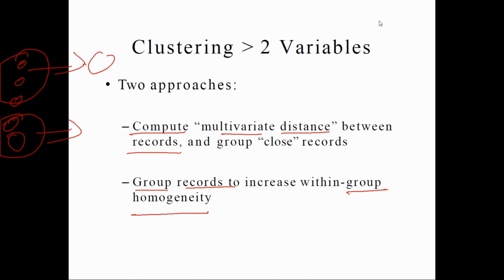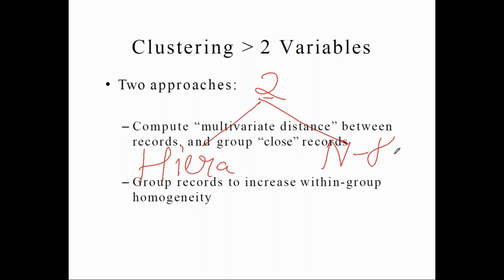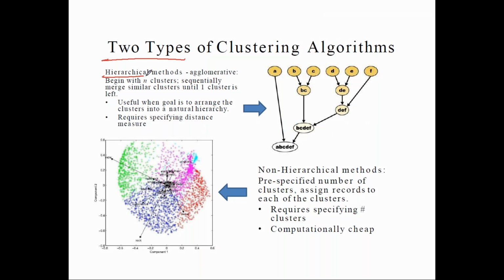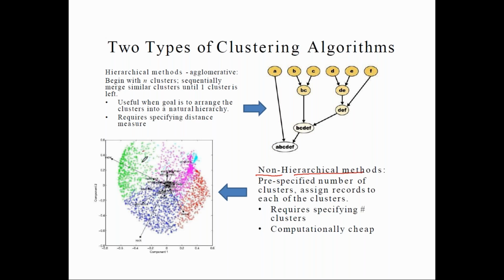So let us try to understand. Under clustering, there are 2 types of clustering techniques. One is called hierarchical clustering and another one is called non-hierarchical clustering. There are 2 types of clustering algorithm techniques. Your hierarchical clustering will look in this way. There is a hierarchy here. You can see that there is some hierarchy, so that is the reason it is called hierarchical clustering. And if you see this below one, this is your non-hierarchical method, because you cannot see any tree-like structure or any hierarchy here.